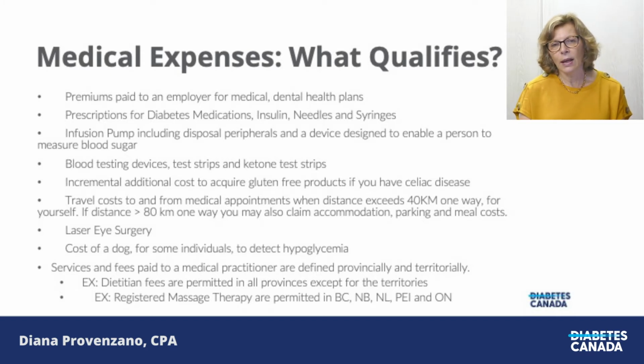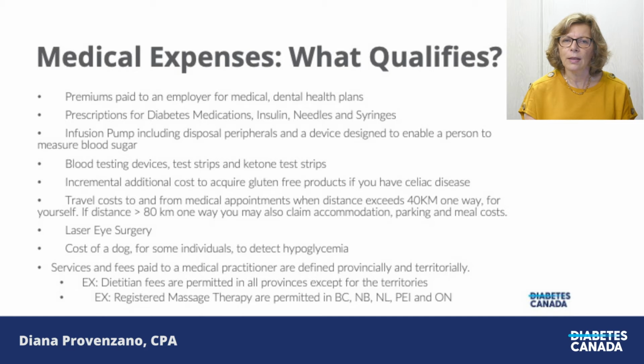The next point I'd like to introduce is that if you are participating in an employer health plan, and let's say it's a co-share plan, so your employer pays for part of your health care cost and you pay for the other part. Two examples. One, let's take blood glucose strips. I purchase my blood glucose strips and they cost me $100. My health plan at work, when I submit my expense, will reimburse me. Let's say they reimburse you for $80. That $20 difference, the $100 minus the $80, is a medical expense.